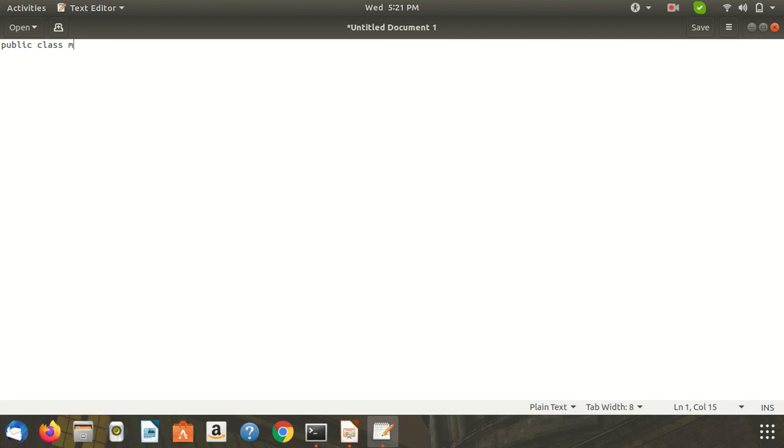The class name is Mobile. It is a convention to use the first letter as a capital letter for our class. It is not a compulsion.